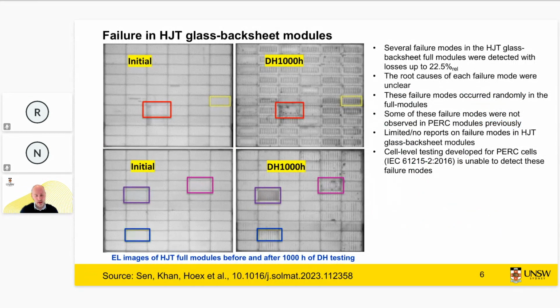So the topic of today's presentation is heterojunction and Topcon, and these are some results which are a few years old, but basically they sparked our research. This was a damp heat test on a glass backsheet heterojunction module. Most heterojunction modules are glass, but of course, if you want to save costs, you want to go to cheaper encapsulants and to backsheets, and those modules are also lighter. And we identified